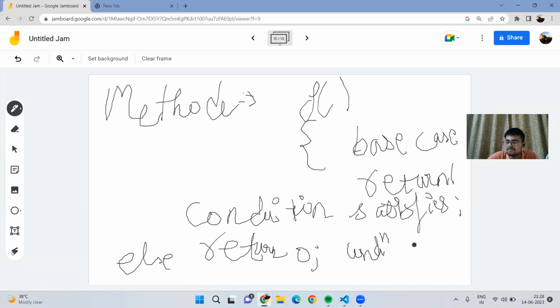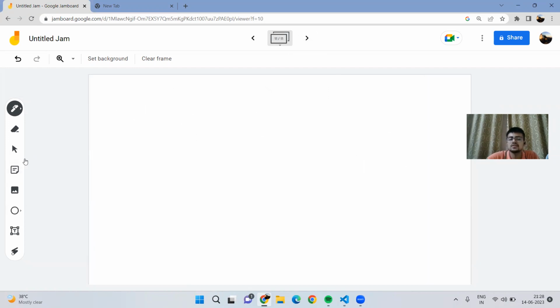Now this is very corresponding. Condition not satisfies, as simple as that. Then we will be moving to the next frame, and you will be seeing here that